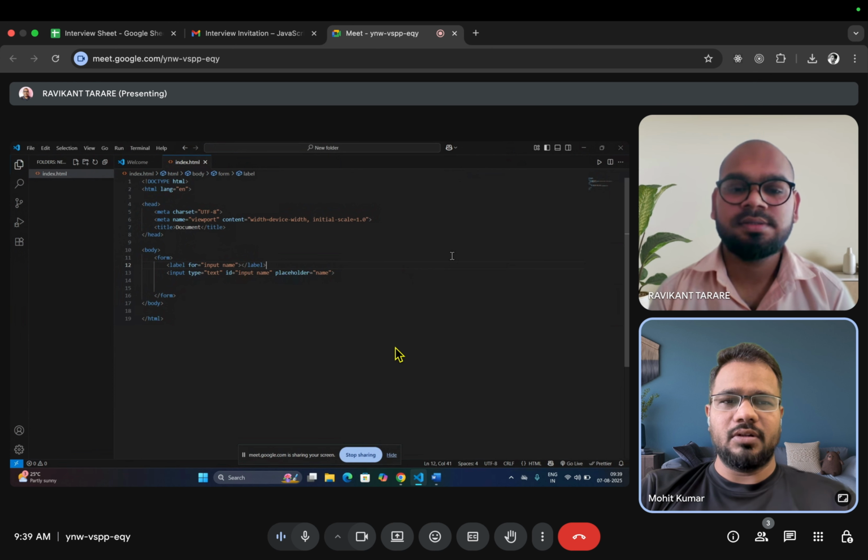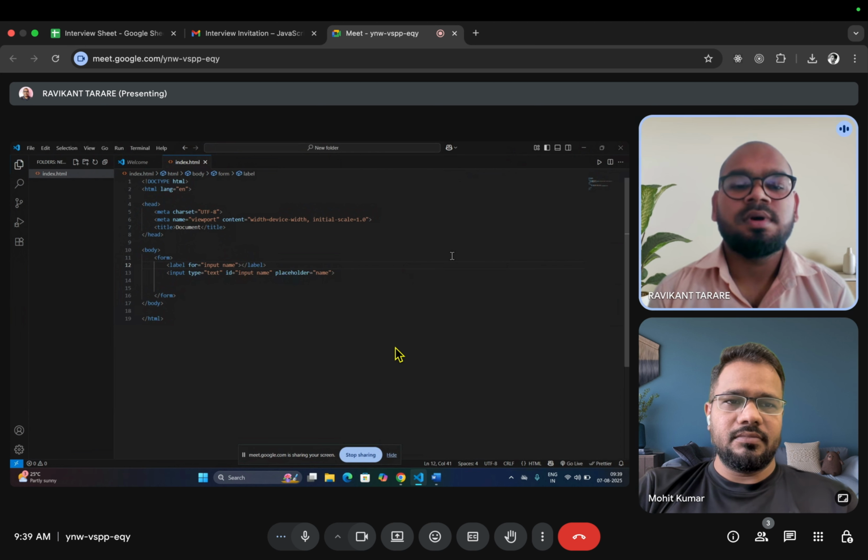Okay, so have you used pixel? Sometimes in CSS you give pixels. What does it mean? I want to know the difference between rem, percent and pixel. Yes, sir.